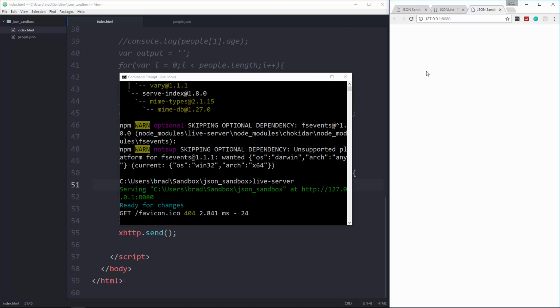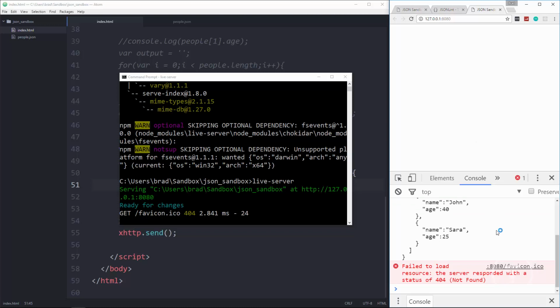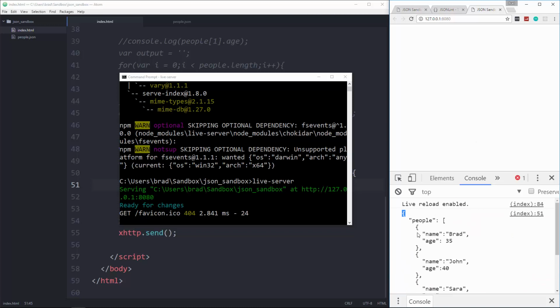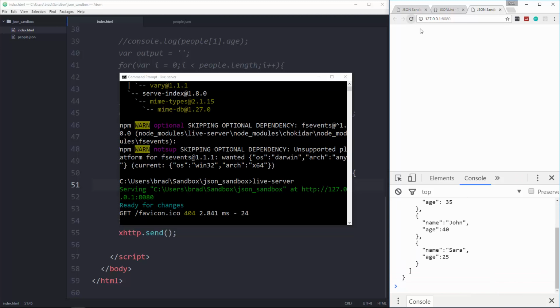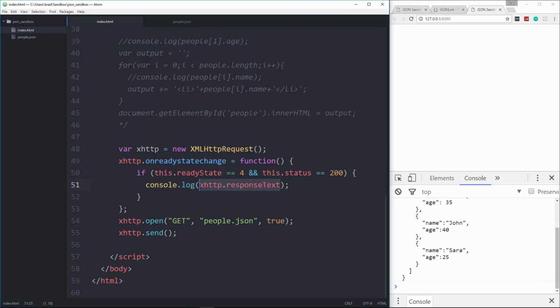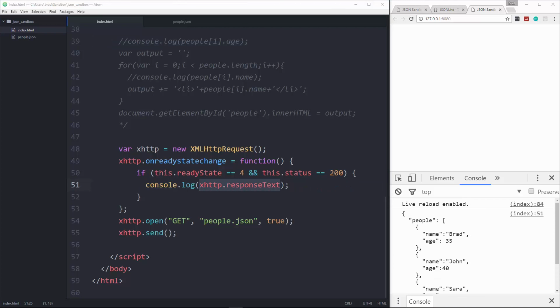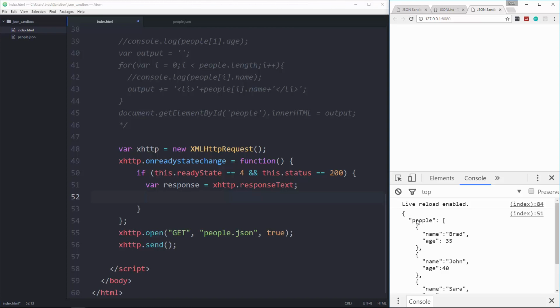So if we open up the console, now you'll see that it's actually getting the data. Okay, ignore this right here. Actually, that should go away. So we're now able to access this response. So let's put this in a variable instead of just logging it. We'll say var response equals that. And then we can see that there is a key called people, which is an array. So let's try to console log